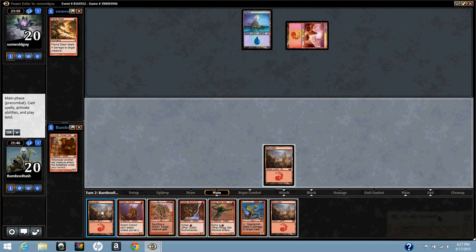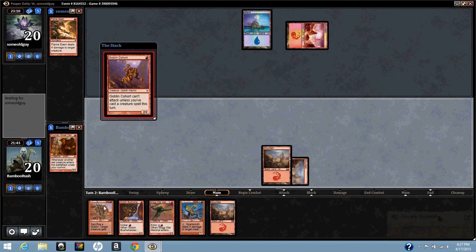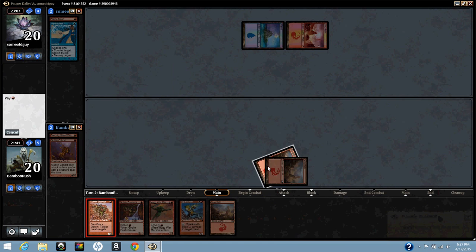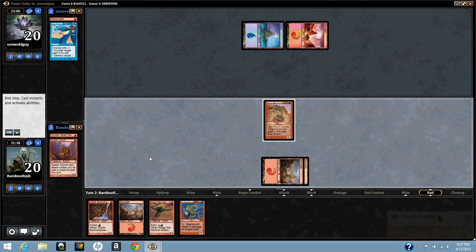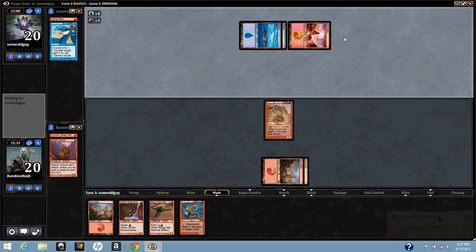Next turn we have... Well, I don't know what we have next turn. Probably... He's going to counter it. Okay, so he's doing a great job of keeping us down right now with the 1-mana interactive spells and being on the play. If he plays a blocker here, that's pretty rough, but...